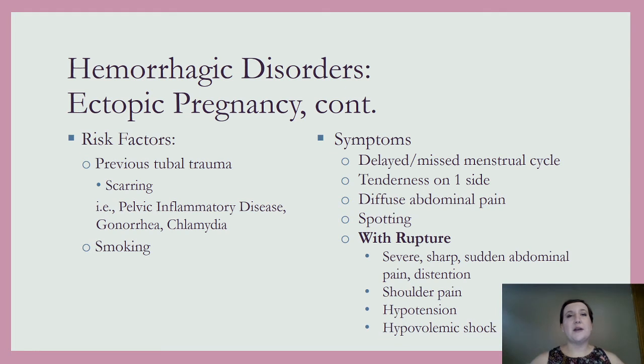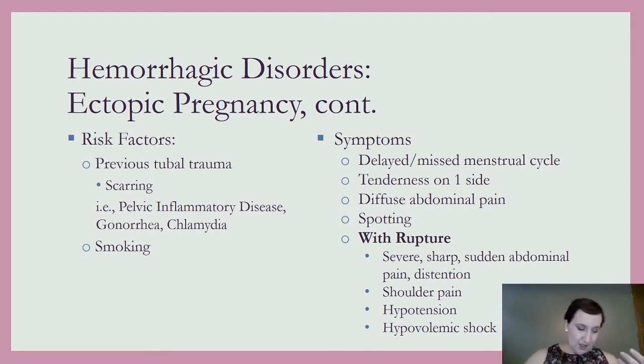All of a sudden we're complaining of a lot of tenderness, usually localized to one side, but you might see referred pain as well. It kind of is diffuse along the entire abdomen. The vaginal bleeding is very spotty because, especially if it's implanted within the abdomen, you're not going to see the bleeding necessarily coming through the vagina. Like if it's bleeding internally into the abdomen, it doesn't have an outlet. So you're not going to see that per se. The symptoms with rupture.